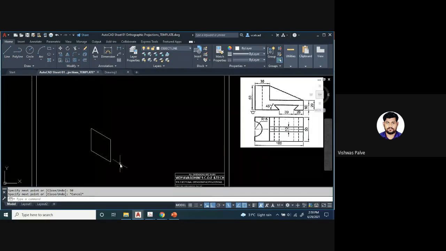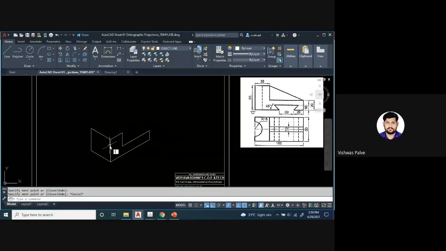Now I will start with the right plane. L. From this point I will draw. Then suppose if I want to change the plane, then you have to click F5. Okay, 100 millimeter. Keyboard is a must for this. Vertical distance 20 millimeter. Then you just leave this as it is. L enter. From this point 30 millimeter, draw vertical line 30 millimeter, and then connect these 2 points.